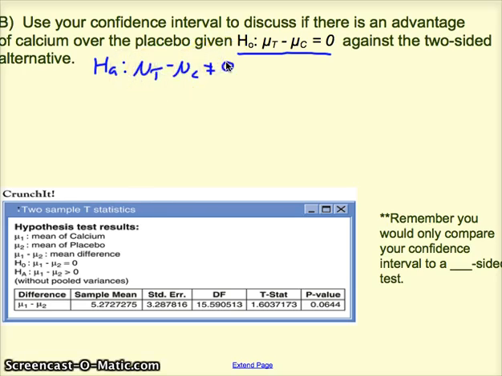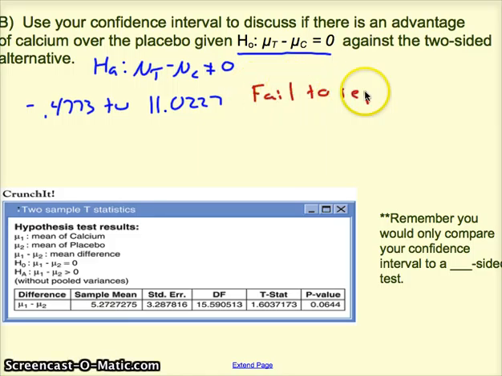So we had this as a confidence interval: negative 0.4773 to 11.0227. So the question at hand here is, would we reject or fail to reject the null based on that confidence interval? What do you think? Well, the fact here is we'd fail to reject the null, and hopefully you've picked up why. Because 0 is in this interval here, or said differently, I see a decrease in the mean difference, and I see an increase,